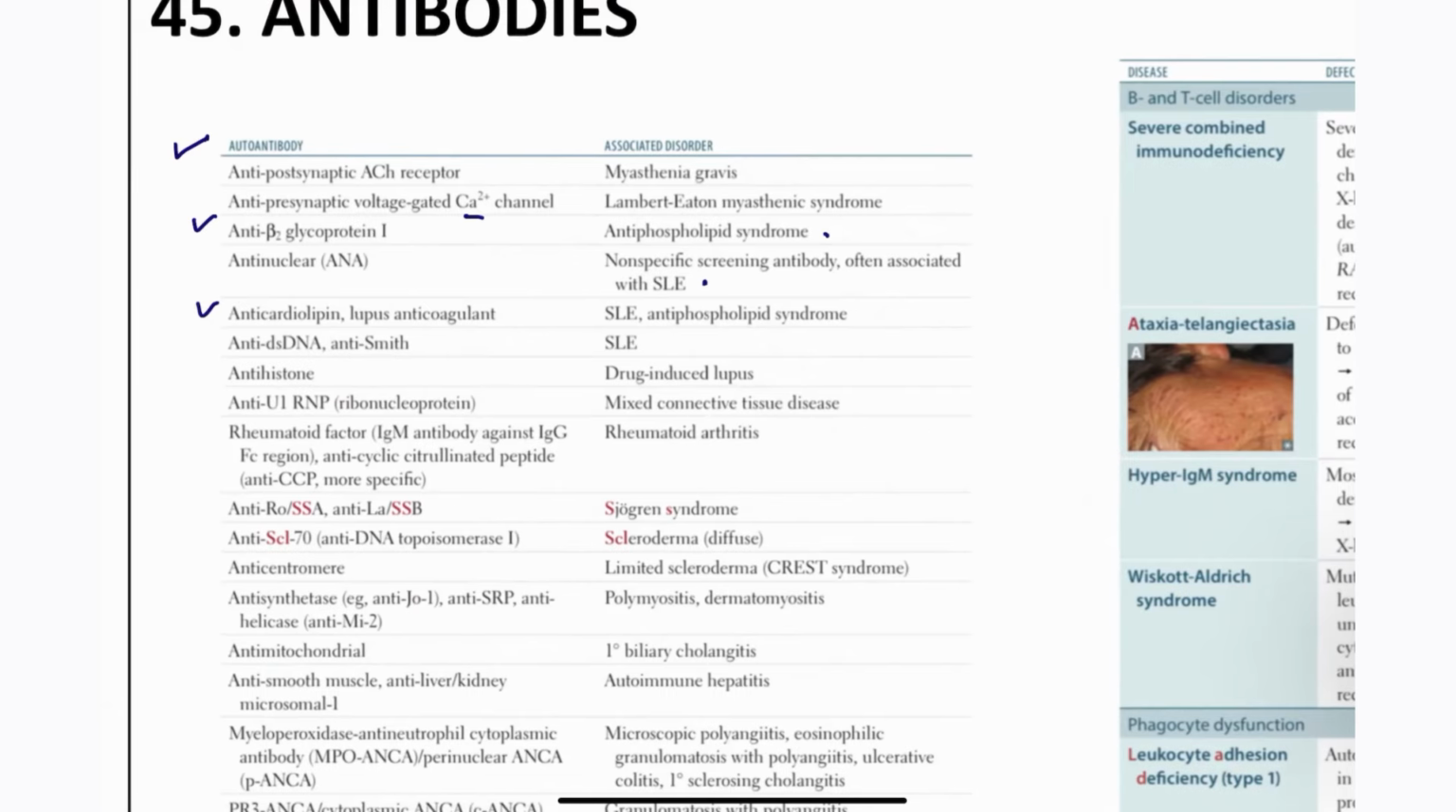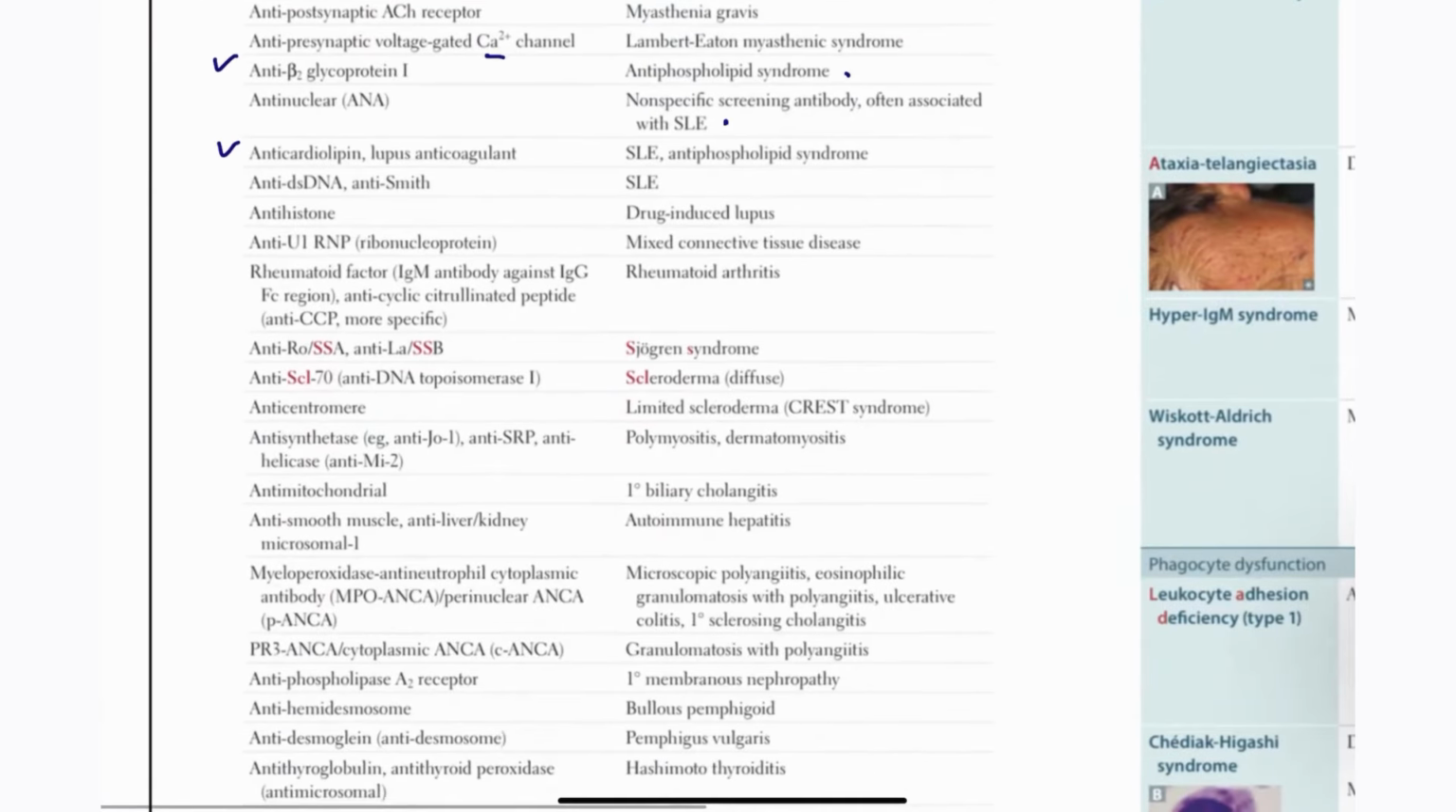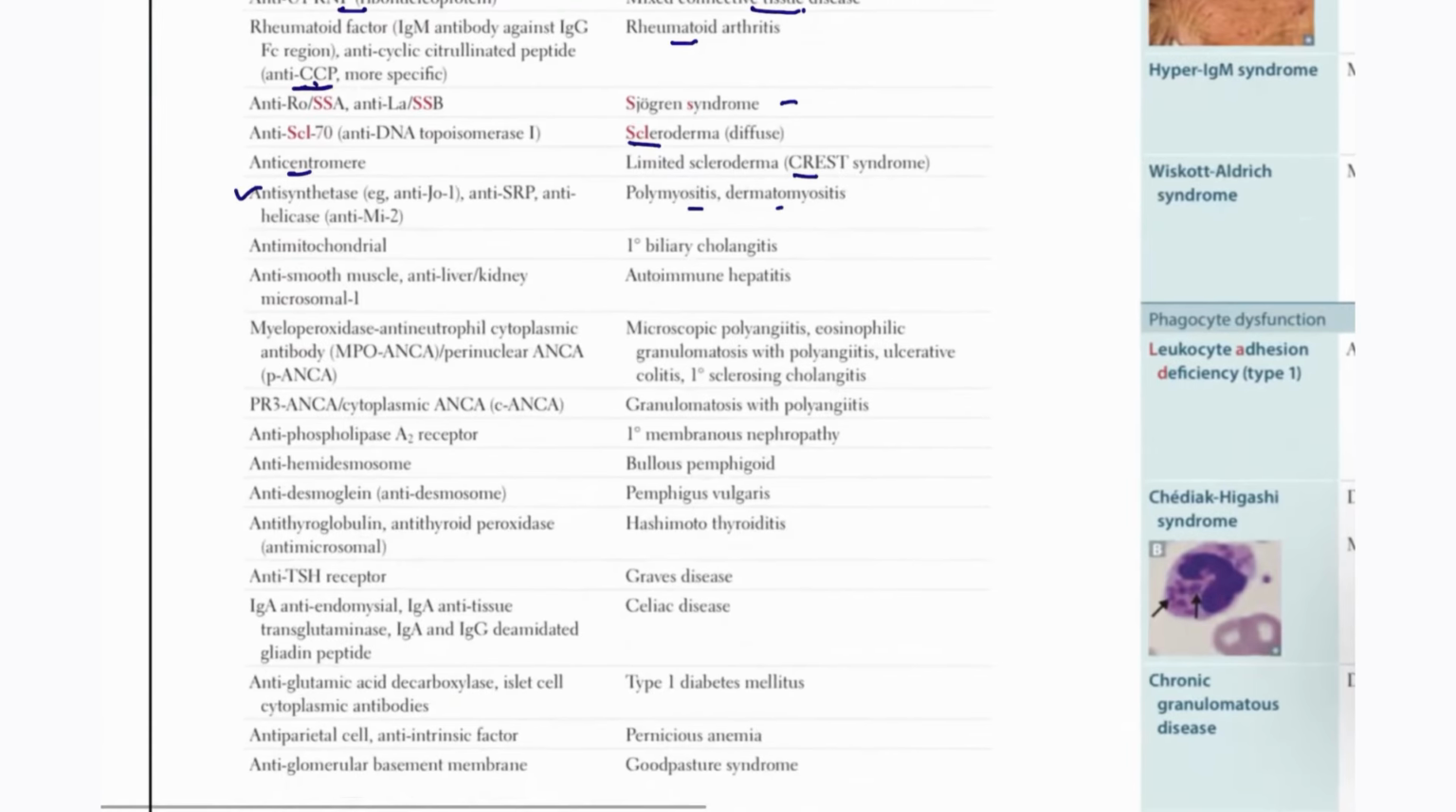Anti-dsDNA, anti-Smith, SLE, anti-histone for drug-induced lupus, anti-U1RNP, this is for mixed connective tissue disorder, anti-CCP, more specific for rheumatoid arthritis, anti-Ro and anti-La for Sjogren's, anti-Scl-70 for scleroderma, anti-centromere for CREST syndrome, anti-synthetase for polymyositis, dermatomyositis, anti-mitochondrial for primary biliary cholangitis, anti-smooth muscle for autoimmune hepatitis, myeloperoxidase for the